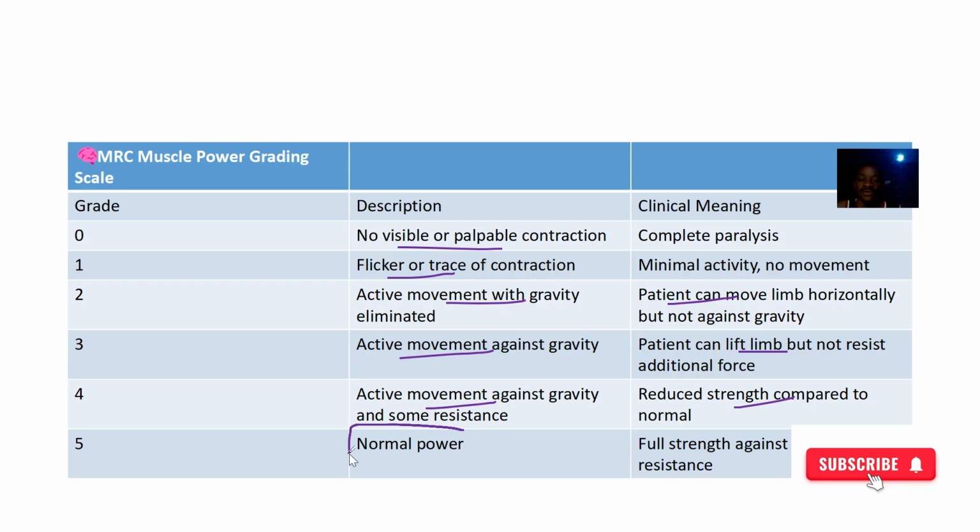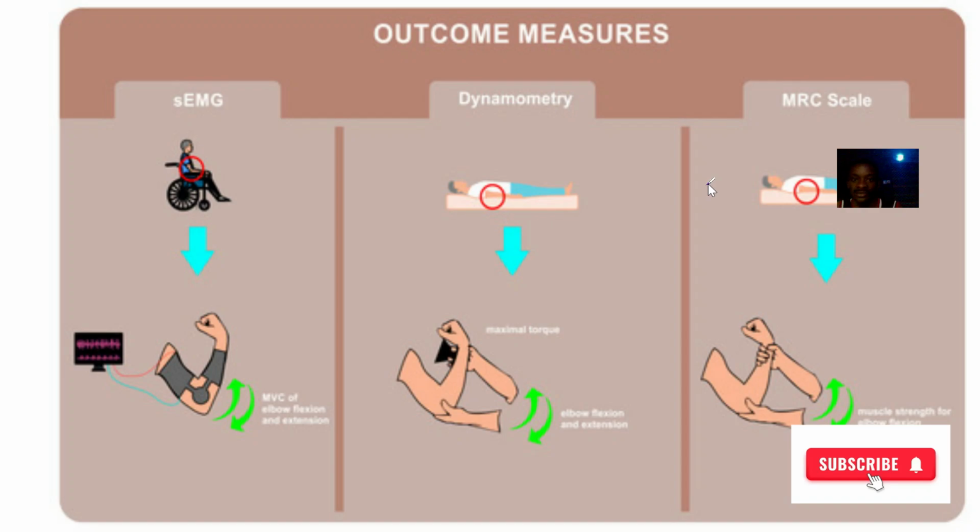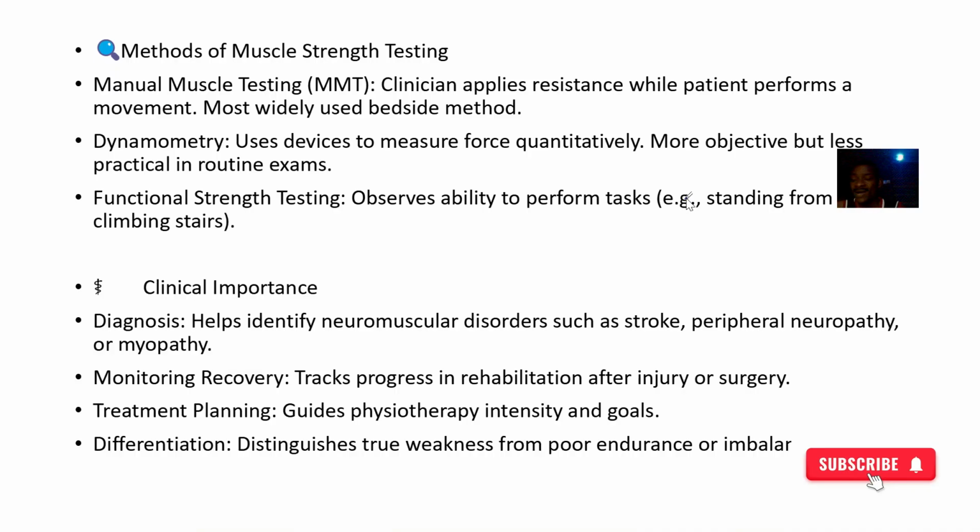So number 5 now, this is when you say normal power or full power. Okay, so this one is full strength. Even when you add gravity, the person is still able to resist it. Okay, so why is it important? These are the different methods, right? We have different methods like manual muscle testing, dynamometry, functional strength testing. So clinical importance, it helps you to identify that the nerves and the muscles are